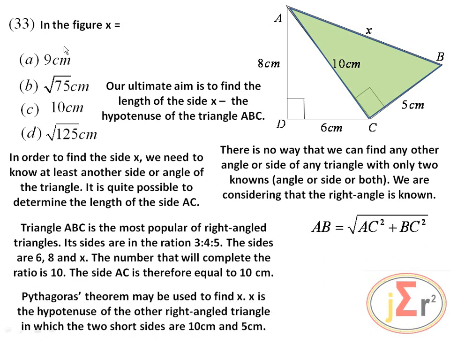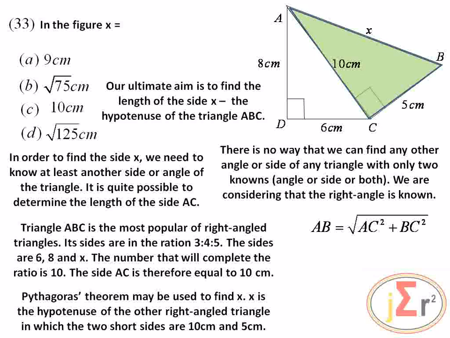So we are sure that this side is 10 centimeters, and we will need to find this side, which is the hypotenuse of the second right angle triangle. Therefore, we will apply Pythagoras Theorem again. Pythagoras Theorem may be used to find x. X is the hypotenuse of the other right angle triangle in which the two short sides are 10 centimeters and